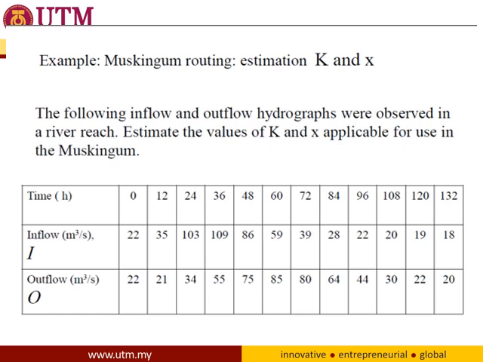Here is another example. In the example before, the question already gave you the value of K and X. So what if we don't have the value of K and X? This is when we do the trial and error of which X is the most suitable. We want to establish the relationship between the storage, inflow, and outflow. For you to get the constant values of K and X, the first thing